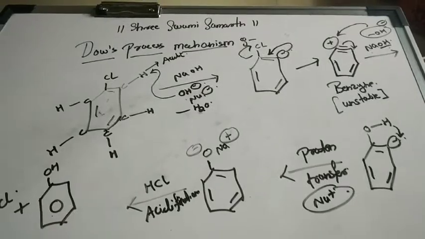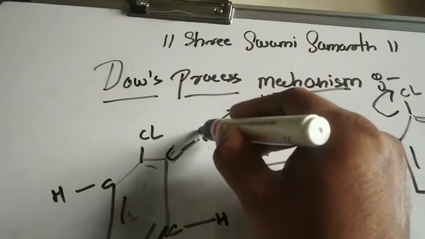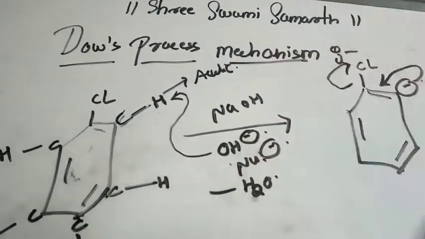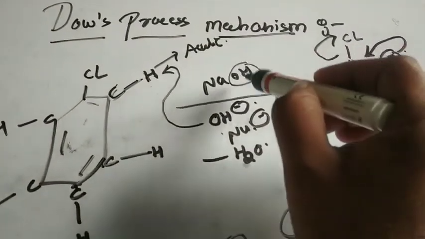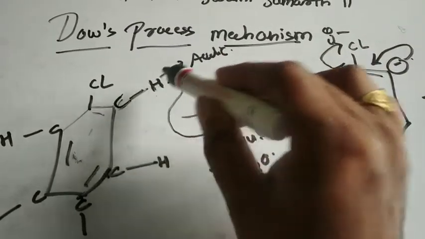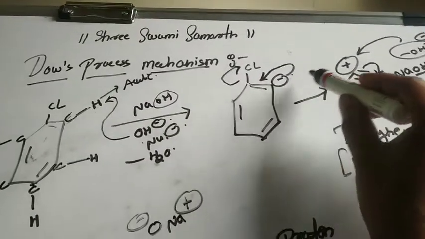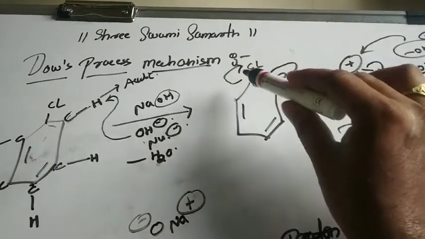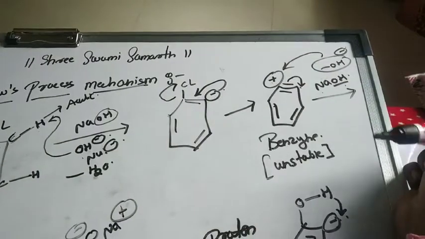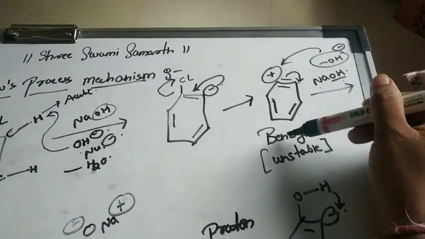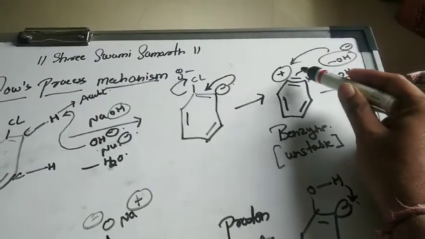So I hope that you have understood the mechanism of the reaction. See, I will explain it once again. This is the carbon and hydrogen, right? So first what will happen, the first mole of NaOH, the OH minus of the NaOH will attack on this particular hydrogen and it will remove this hydrogen, and H2O will be eliminated. Negative charge will come here. This negative charge will undergo the resonance. Cl minus will be eliminated. See, triple bond is formed and positive charge on this carbon is formed. Now this triple bond compound is highly unstable. The name of the compound is benzyne and this will get into a resonance back again.